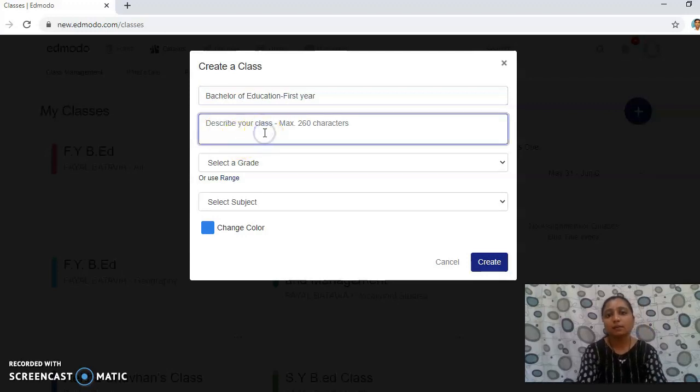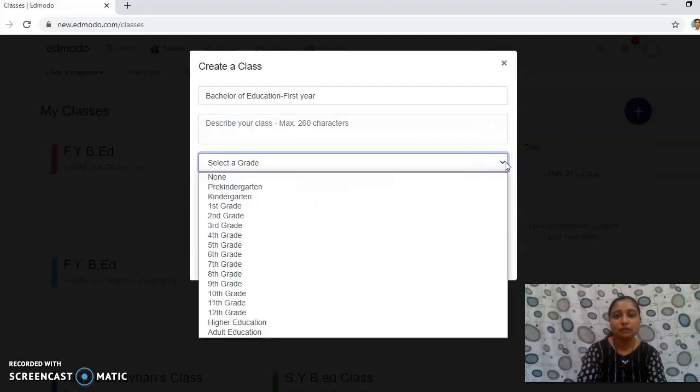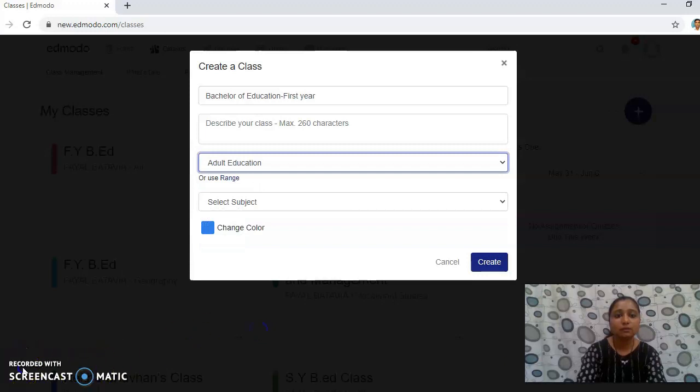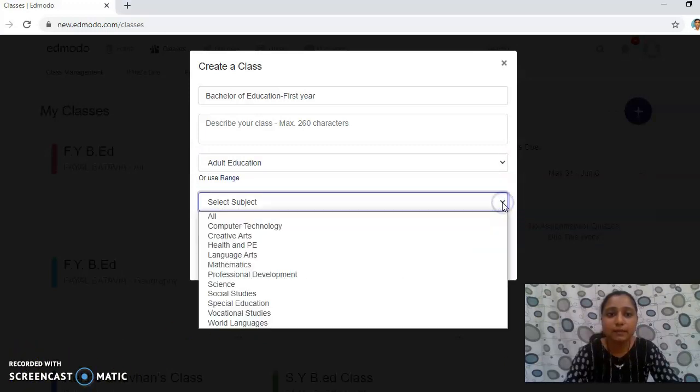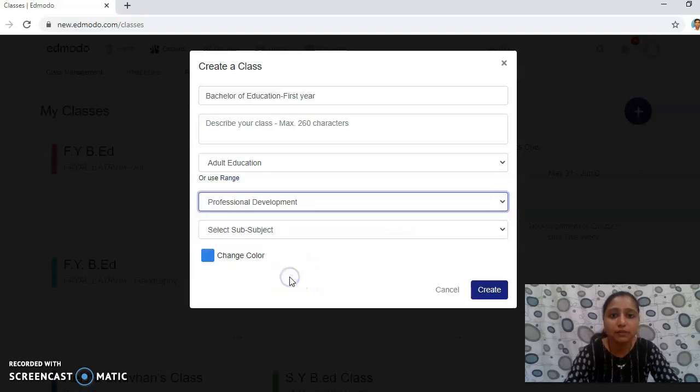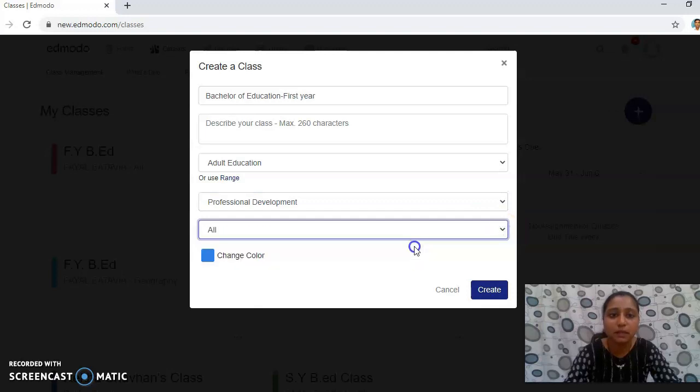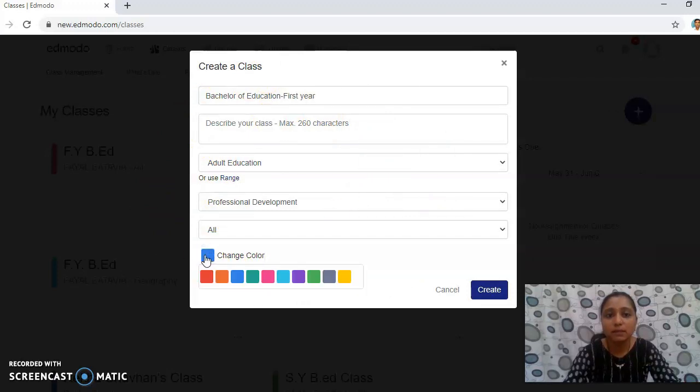If I want, I can describe my class, but I don't think there is any need, so I will skip this process. Then I have to select a grade from here. So my grade is adult education. Then I will move to select subject. So my subject is professional development. Again, I have to select sub-subject. So I will select all. In case I want to change the color of this class, I can change it by clicking on the change color option.